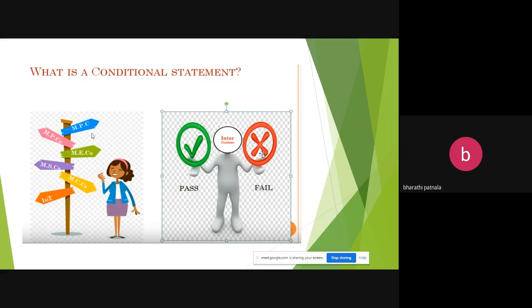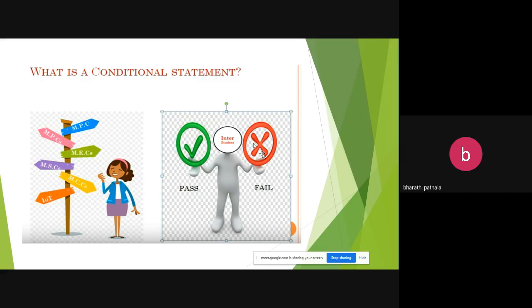Whether I have to join MPC, MPCS, MECS, MSCS, like that. If he fails, that is another branch of statements. You have so many branches based upon that particular condition.